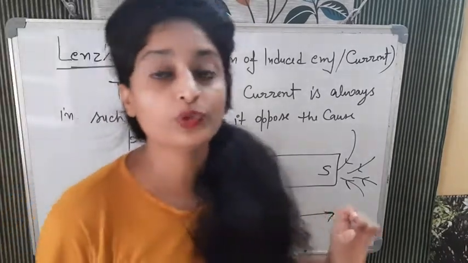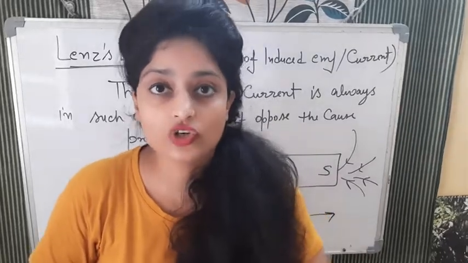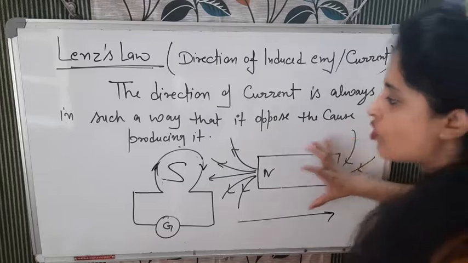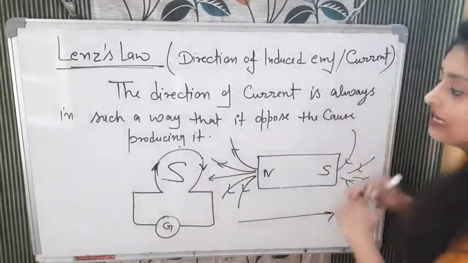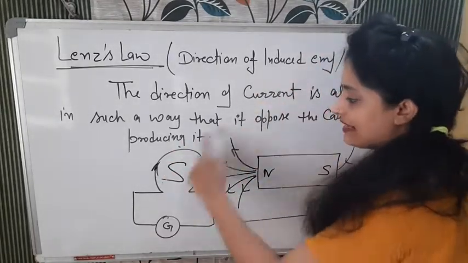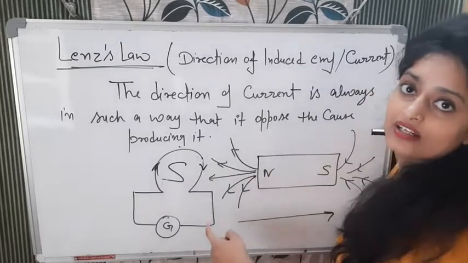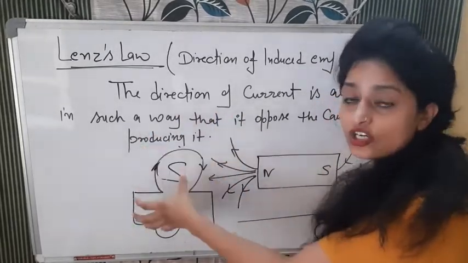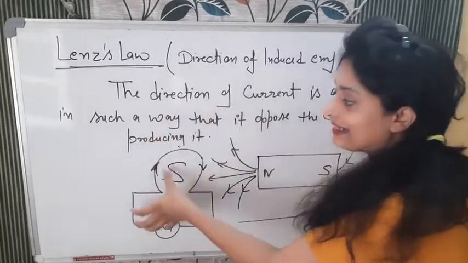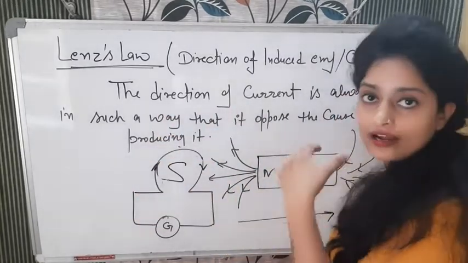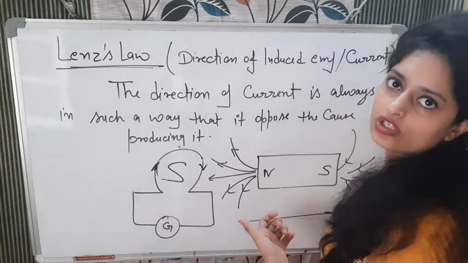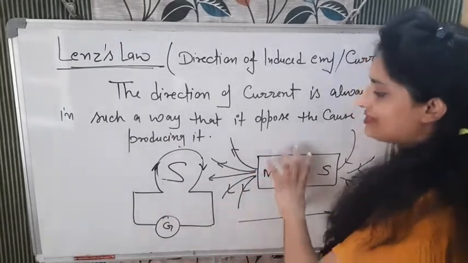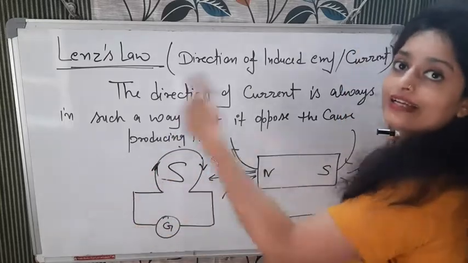So now I hope you got what the direction of current is and how you will measure that. Whenever you are moving the magnet towards the coil or away from the coil, there is always a change in the magnetic flux. Because of the magnetic flux change, there will be an induced current, and that induced current's direction will be such that it can oppose the cause. अगर वो बढ़ा रहा है उसको, तो उसको घटाने की कोशिश करेगा. अगर वो उसको decrease कर रहा है, then it will increase; if this is increasing that, it will try to decrease that.